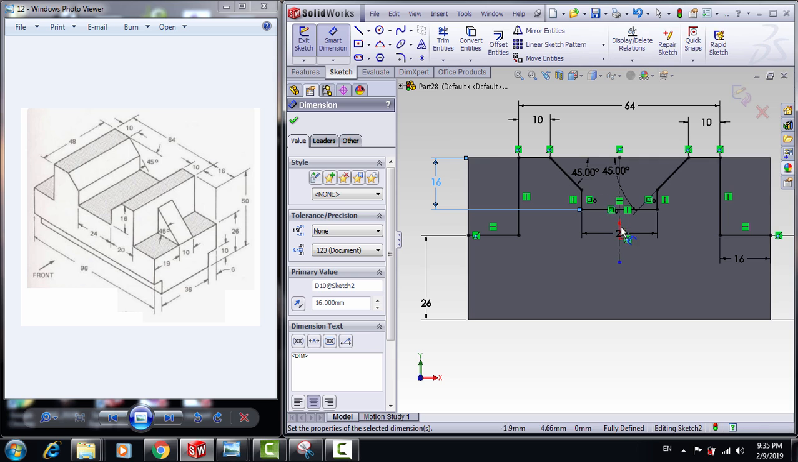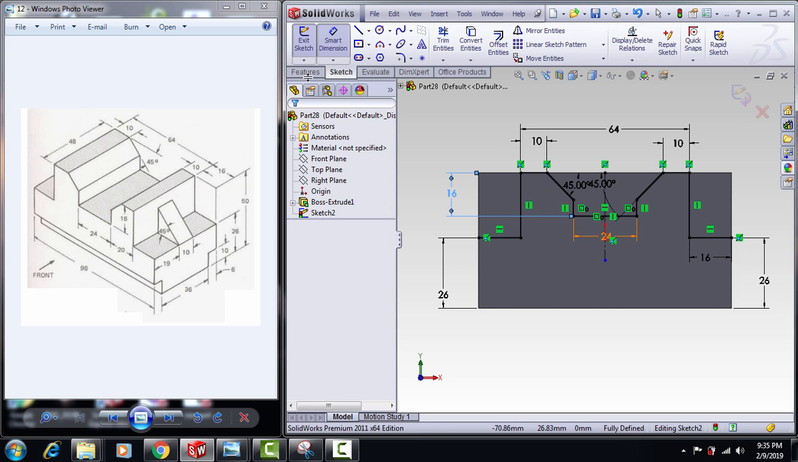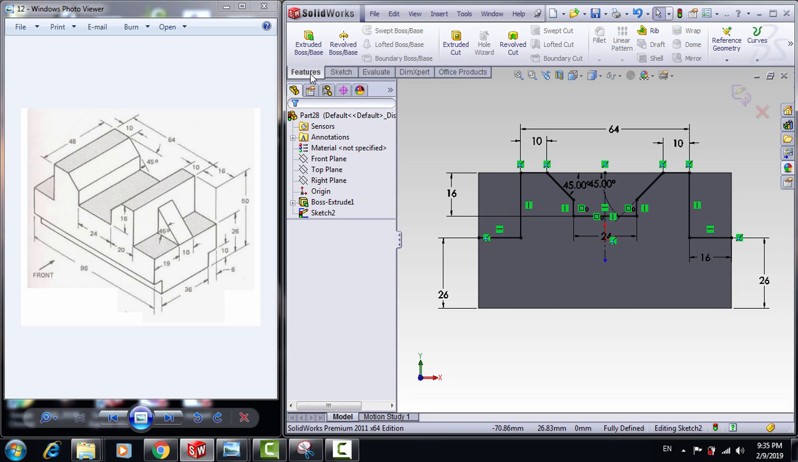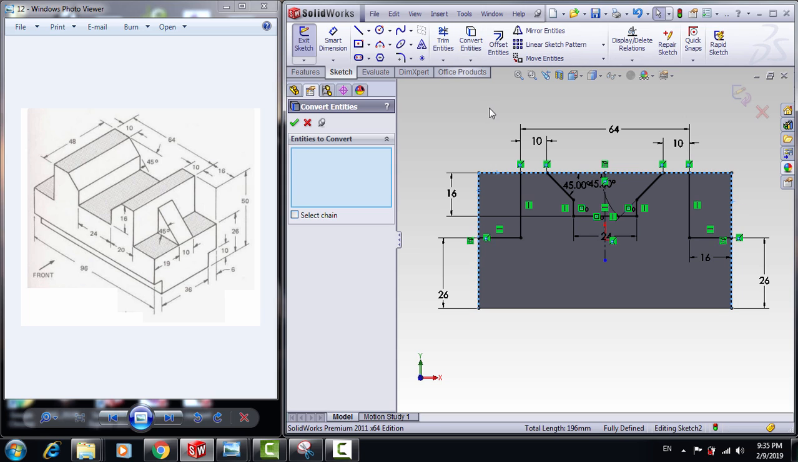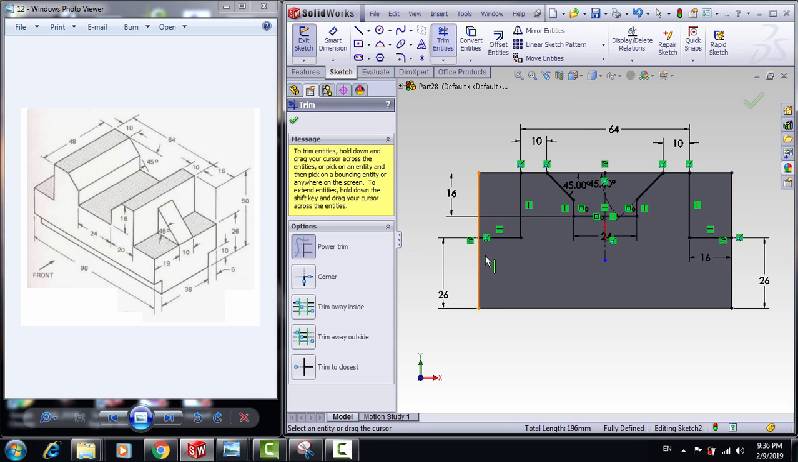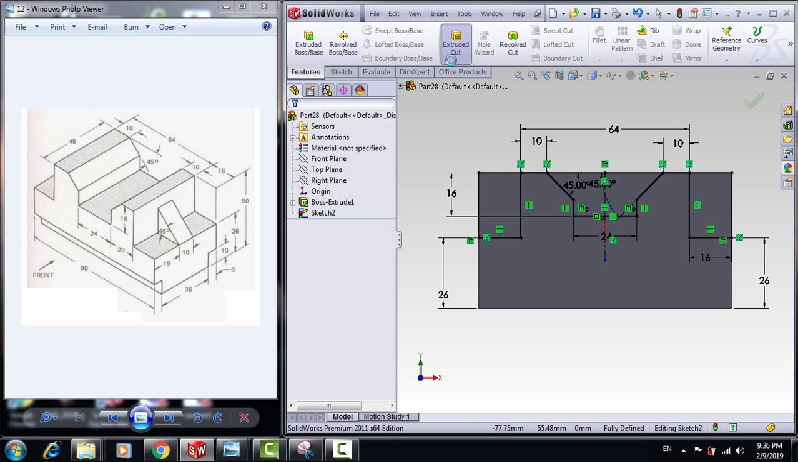Now everything is defined. Before we go to Features, let's add some Convert Entities. This line and this line and this line, and Convert Entities. Now let's delete some unwanted lines. So let's delete these lines. Now go to Features and Extruded Cut,